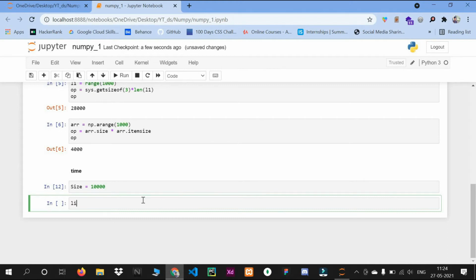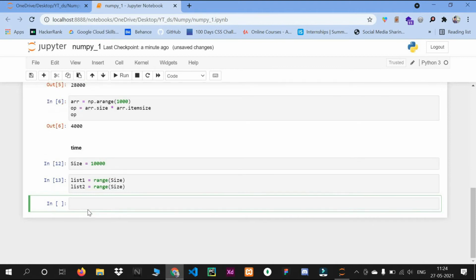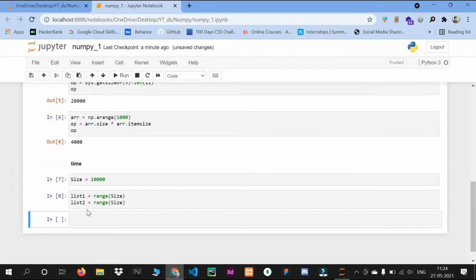So I will take list 1 as range of size, and the same with range for list 2.